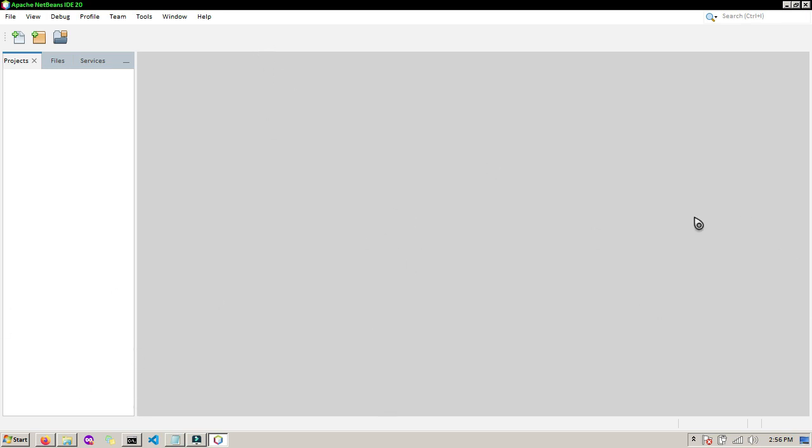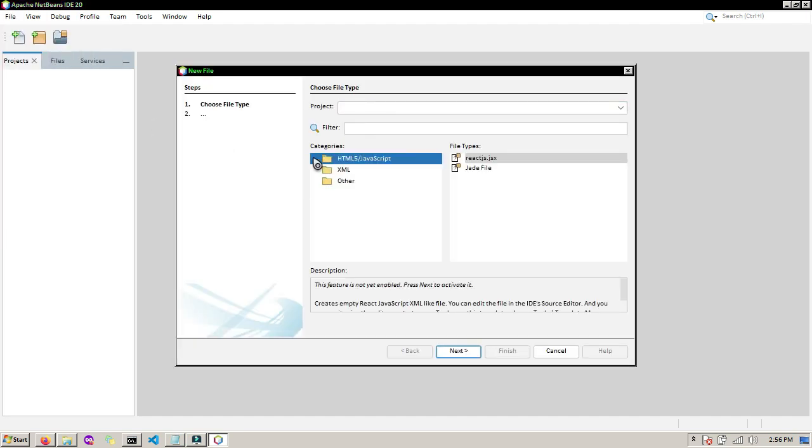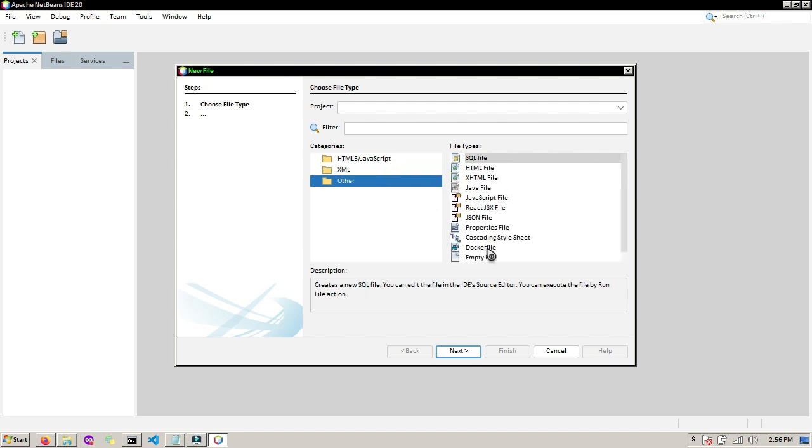Now that we have NetBeans running, all we need to do is run some basic program. So let's open a new file. Let's look for a Java file.